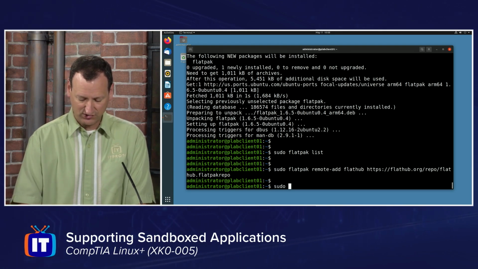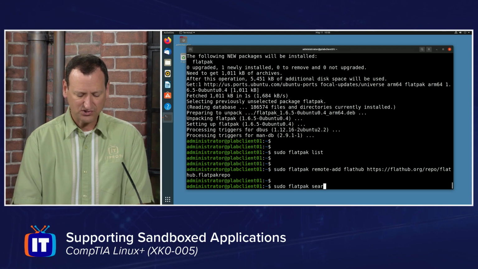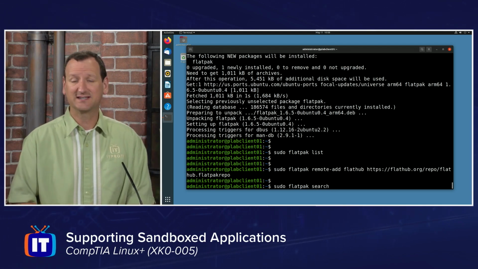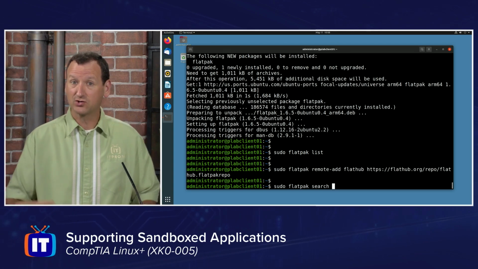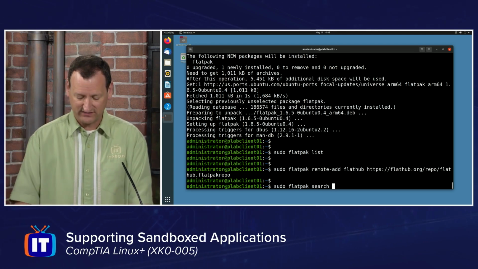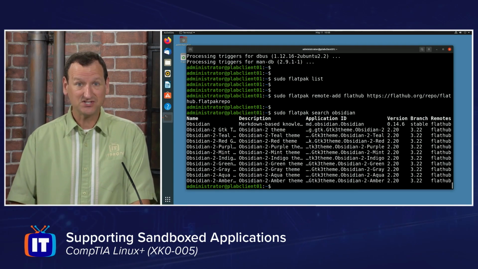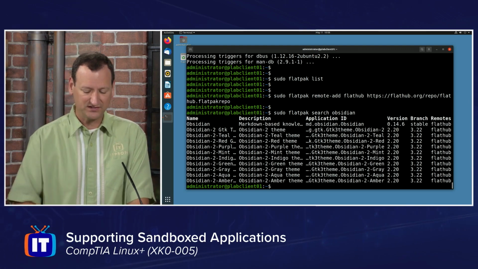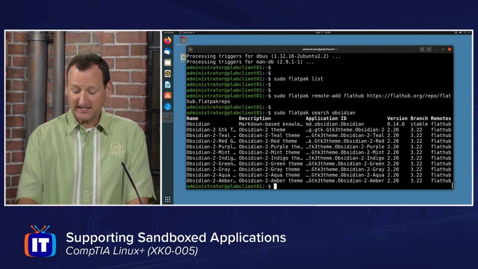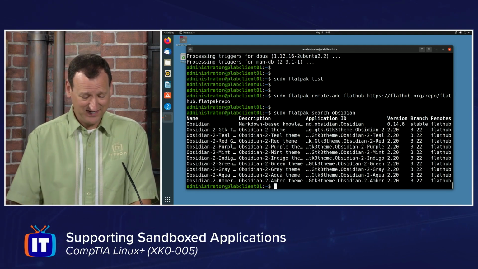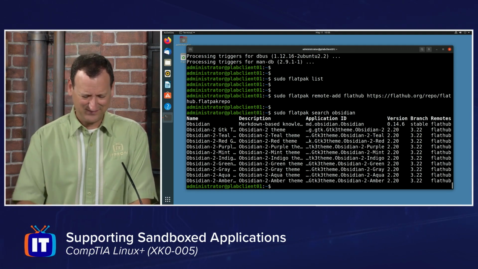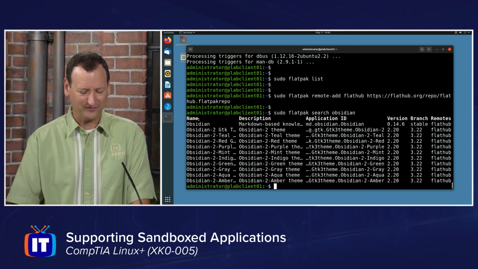If I do a sudo flatpak search, I can search for an application. I use a little markdown editor called Obsidian. I'm going to reach out and see if I can find that one. So I'll just search to see. Not every application is in the repo, so you have to kind of decide. In this case, it is there, and in fact, there's a ton of different versions of it. It looks like themes and other things, but the main one I want is that very first one right there,